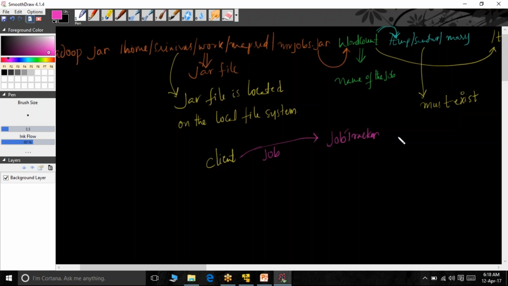What the job tracker will immediately do is, it communicates with the name node. Why does it communicate with the name node? It communicates with the name node for the reason that